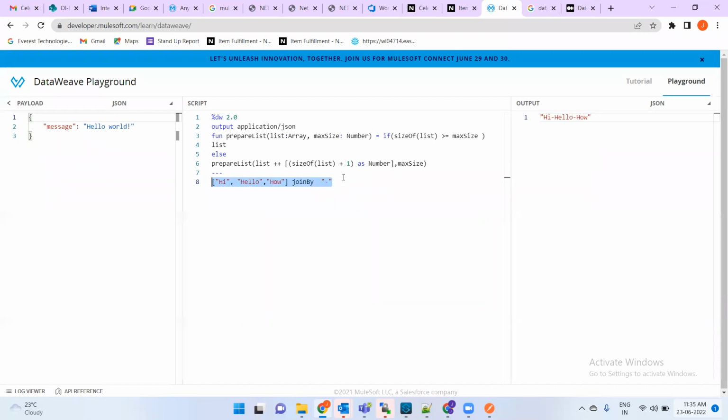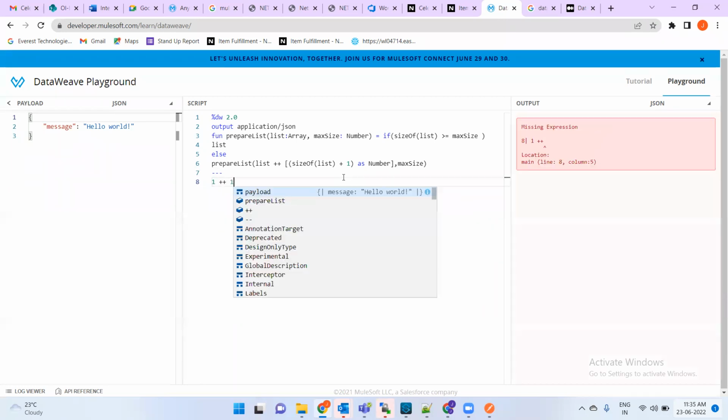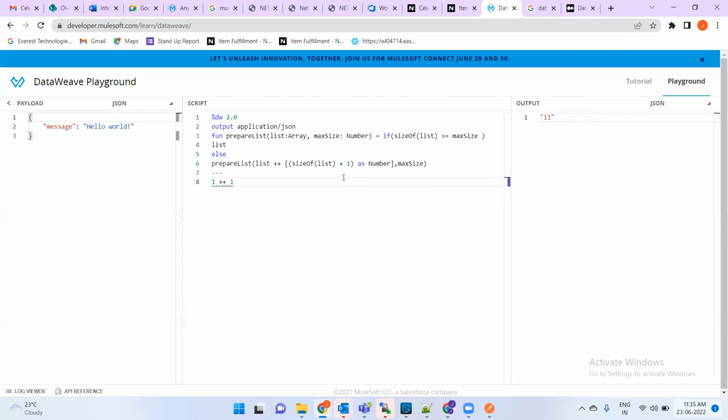Plus plus works on strings. Even if you write using numbers, it will generate a concatenated string. It will not add. If you use plus, it will add. If you use plus plus, it will concatenate. Okay, so coming back to